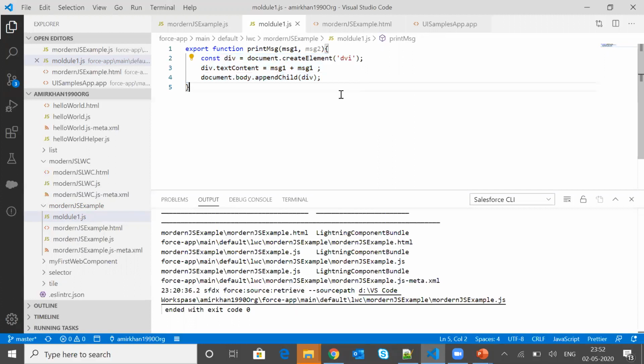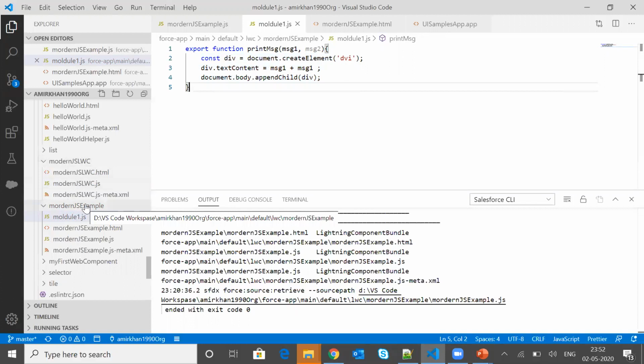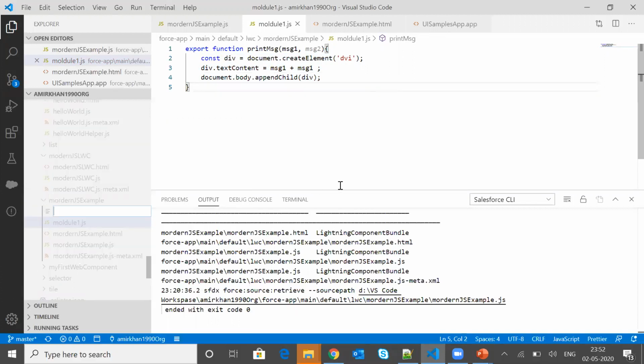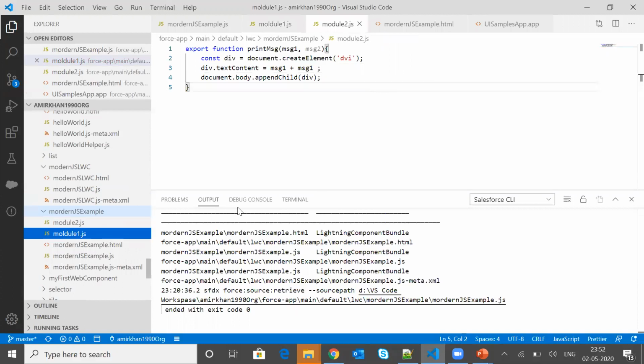All right, so now again let me go back to the folder and add one more module here. Let me name it module2.js.